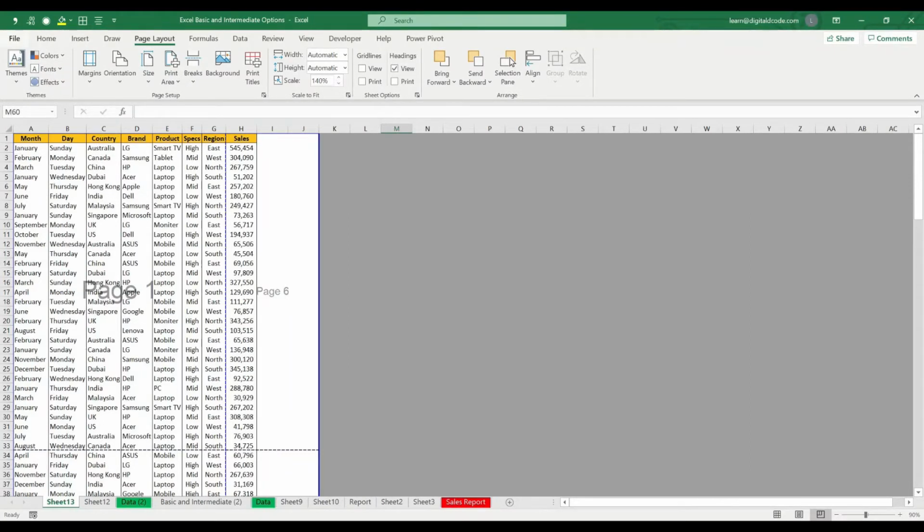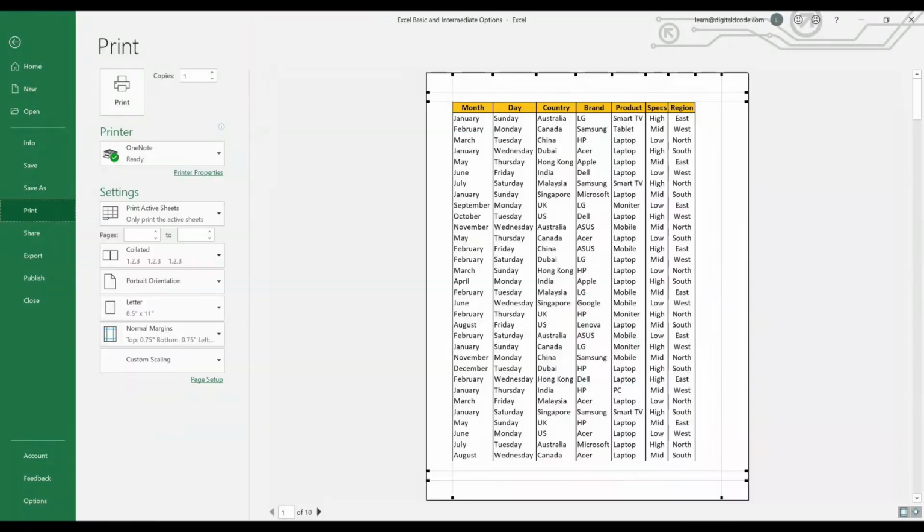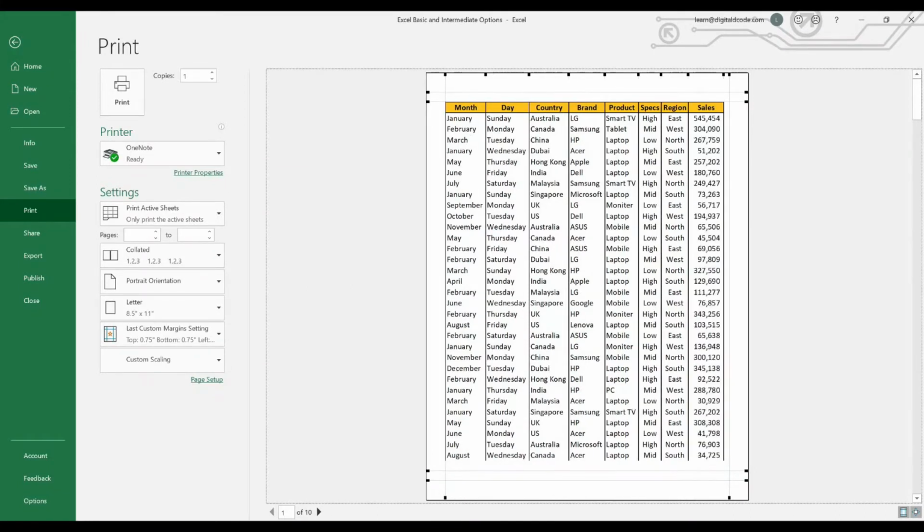So to do that, either you can reduce the size or you can also adjust the margin. I'm not going to reduce the size. I want the data to be bigger. So what I will do, I will adjust the margin. This is the margin option. In the right bottom corner, you can see the margin option. Click this and you can adjust the margin to accommodate sales. So now let me add that. Now if you see, sales has come.